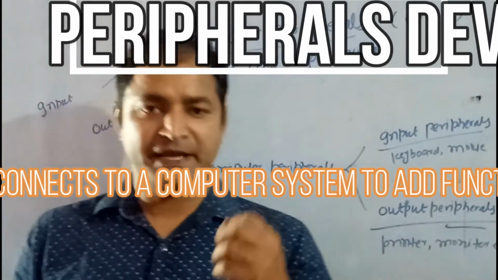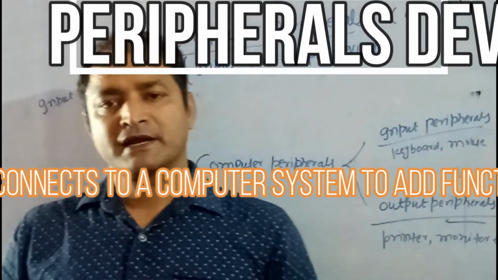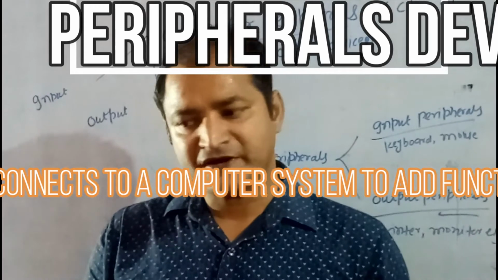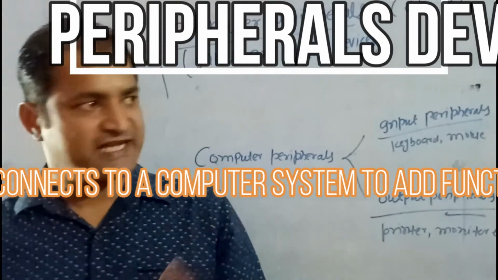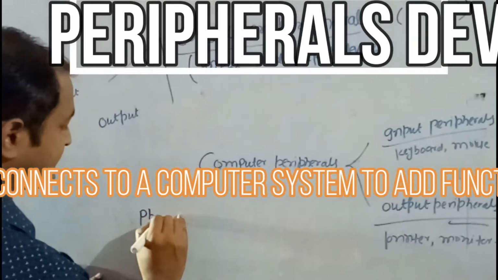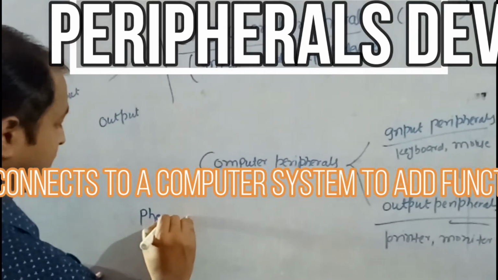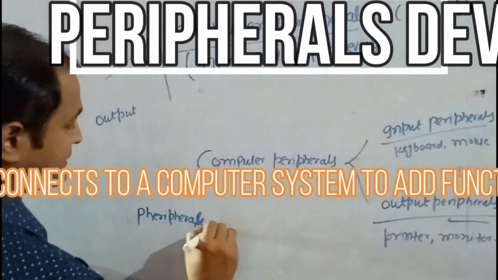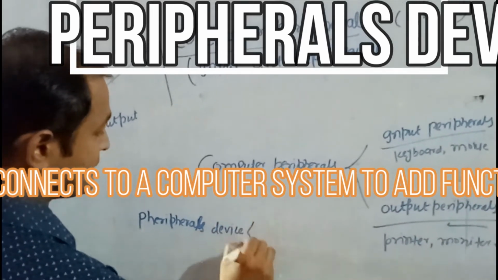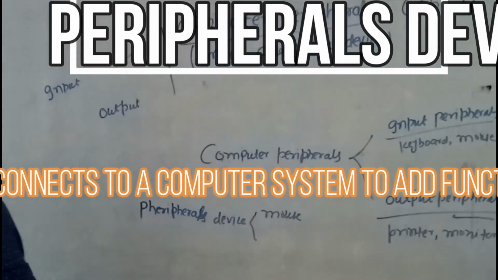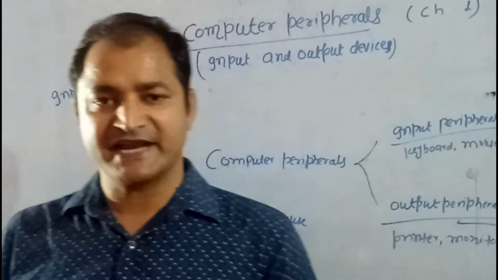A peripheral device connects to a computer system to add functionality. Examples of peripheral devices are mouse, keyboard, monitor, scanner, etc.